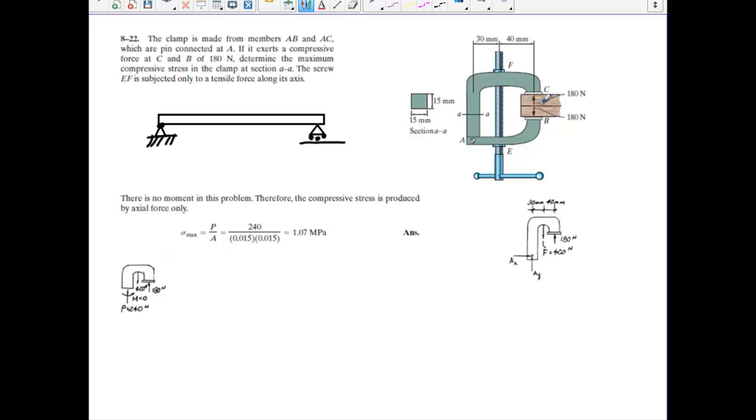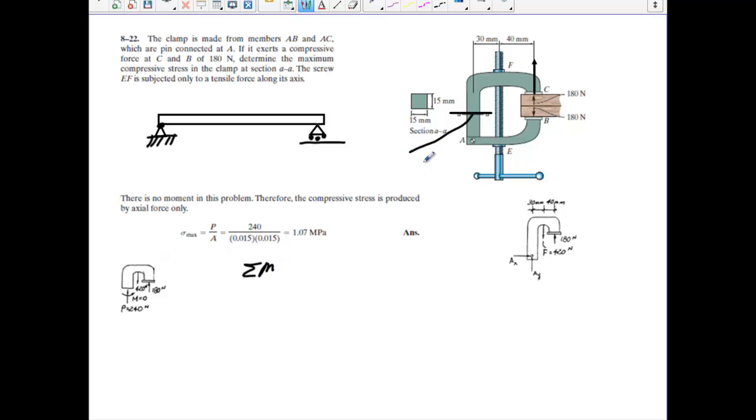So if you're faced with a problem like this and you know you have 180 newtons applied here, all you have to do in this problem would be cut through A, just like they did here. You're going to look at just this half of the beam. You can see here what they did. So you'd have a force of 180 newtons pulling up here, just like this. So what I would do is sum the moments,